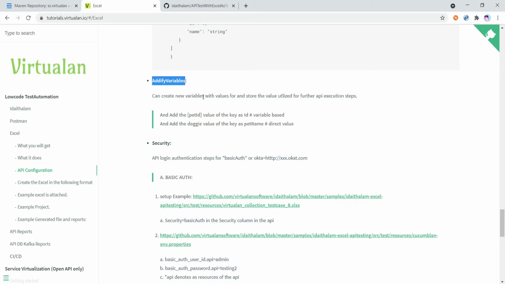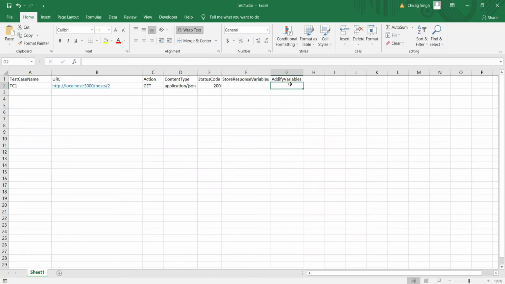They mention we can create a new variable with a value and store the value for use in further API execution steps, which I already told you. We can create our variable and use that variable in later execution. So just copy this column and open Excel.